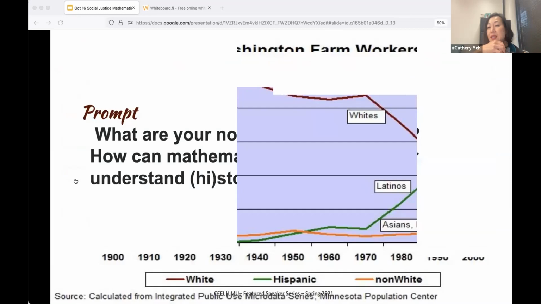So I'm going to pause here. When Gloria created the lesson, it was a multi-day lesson. It wasn't a 10-minute thing like what you experienced. As teachers, and what I ask my students as well in K through 12 spaces, I want them to start thinking about, what do you notice? What do you wonder? Because what you're wondering is where you start looking at data. So what are you noticing and what are you wondering?